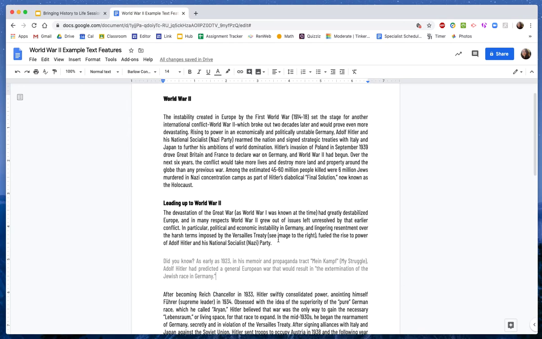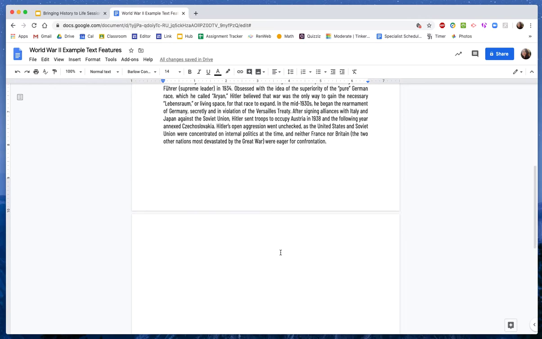Okay, let's talk about a few things that you can do. So one thing that you're going to need to do is make a glossary. You can choose to bold, underline, or highlight to help your reader know that this is a vocab or a glossary word. At the bottom, you're going to make a glossary section,